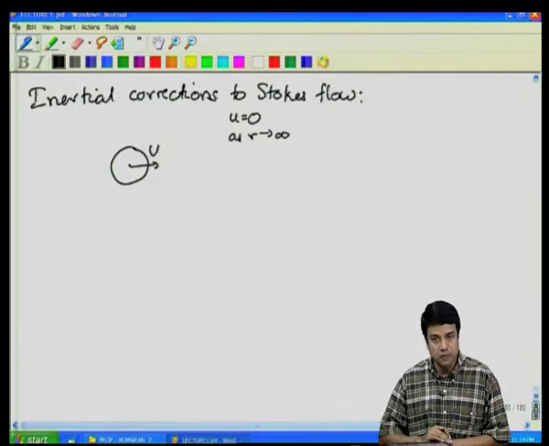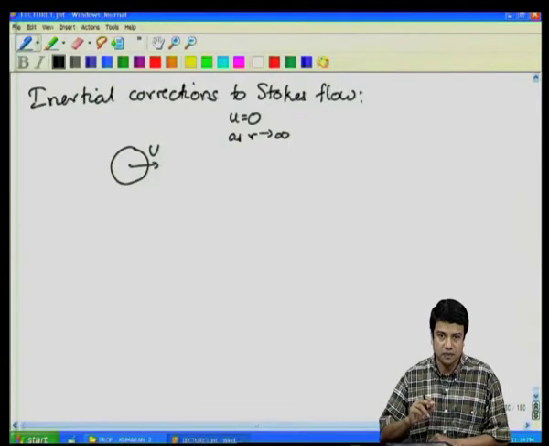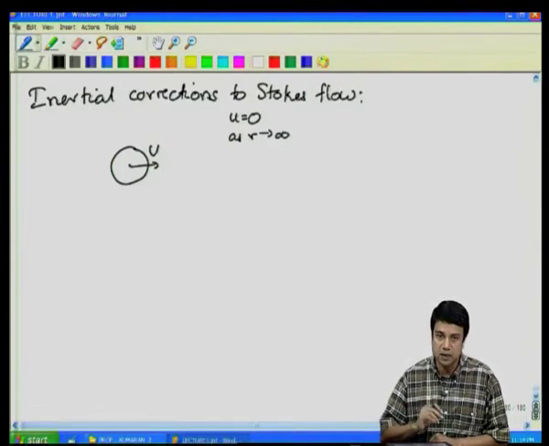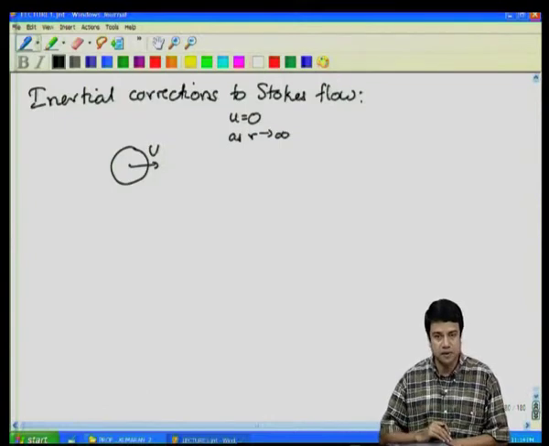What I prefer to do for discussing inertial corrections, because when there are inertial corrections, the quasi-steady approximation no longer is valid. Therefore, I cannot just sit on the surface of the sphere and assume that nothing changes outside. We will come back to that when we discuss potential flow in the next lecture, but for the present